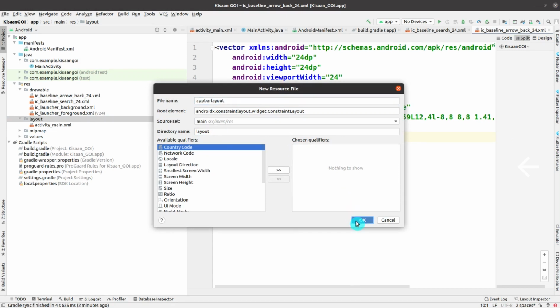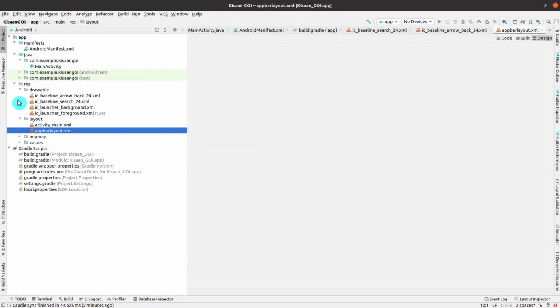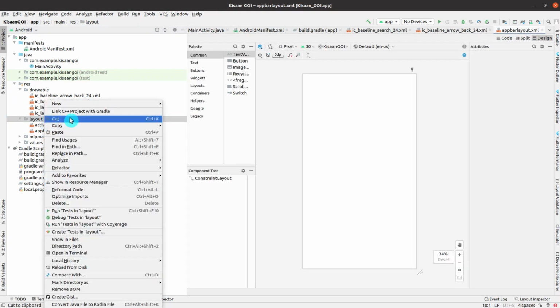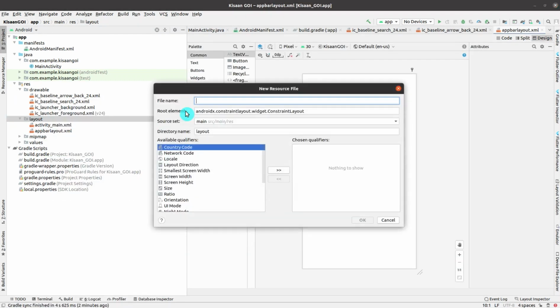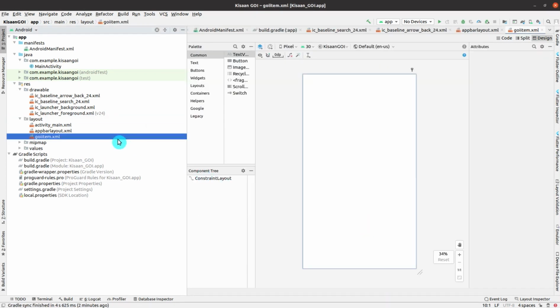Then click on OK, and after that we need one more, so do the same, and I have to add the name GUI item. Then click on OK. Now you can see that both the resource layout files are added here.